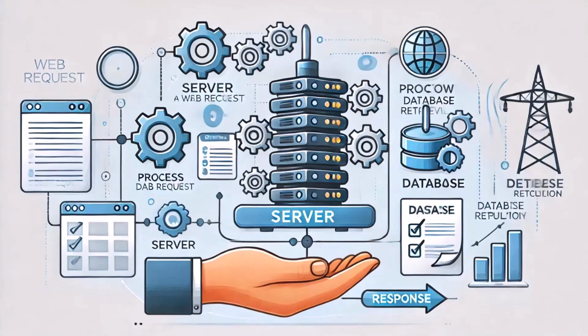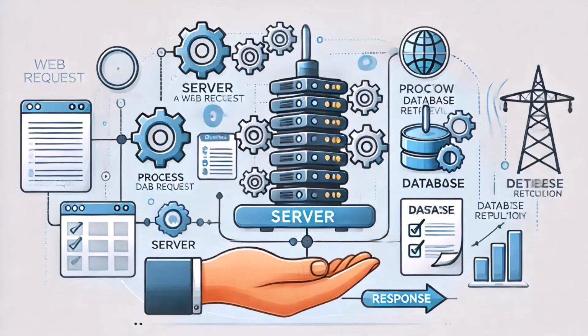Common status codes include 200, okay, this request was successful and the server is sending the requested data; 404, not found, this server couldn't find the requested page; and 500, internal server error, something went wrong on the server.